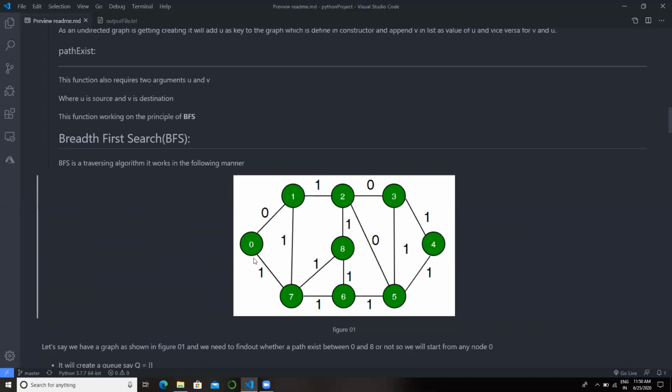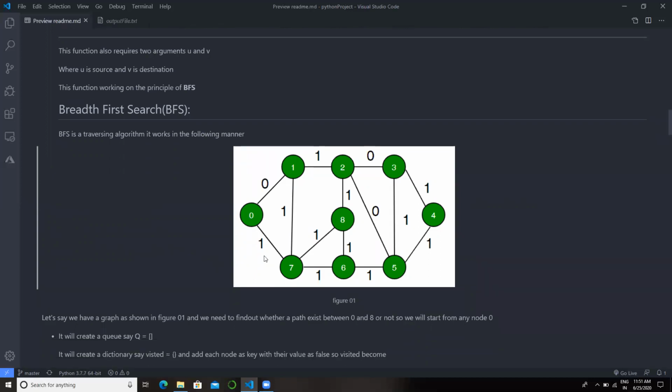Let's say we are starting from node 0. We will have two things: a queue array and a list of visited. Initially the queue will be empty, and in the list we define the nodes as keys and their values as false, meaning they are not visited.